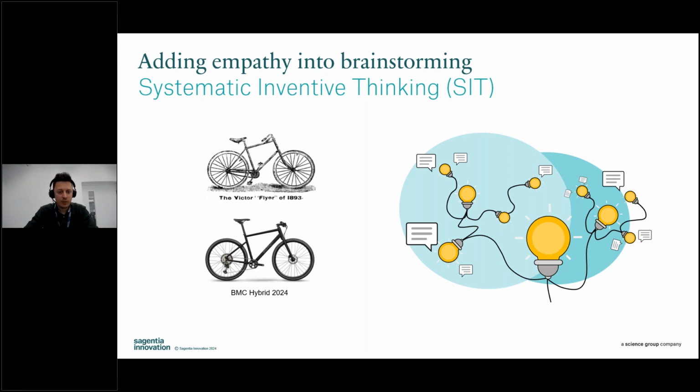So the example here is a bicycle. Fundamentally, the image is there. The geometry of a bike was there or thereabouts sorted in and around the late 1800s, Victorian era. And modern bicycles, that sort of double triangle frame geometry hasn't changed drastically to this day. So we'll use that as an example.